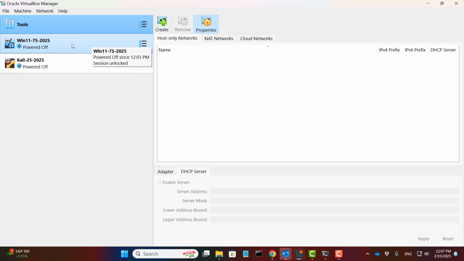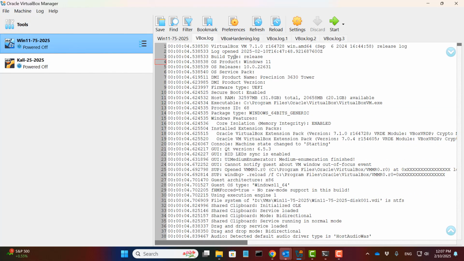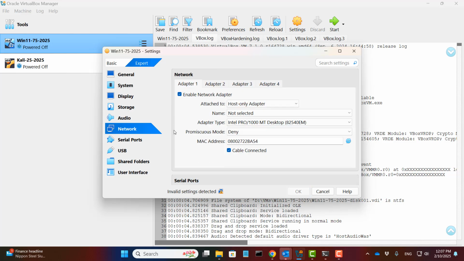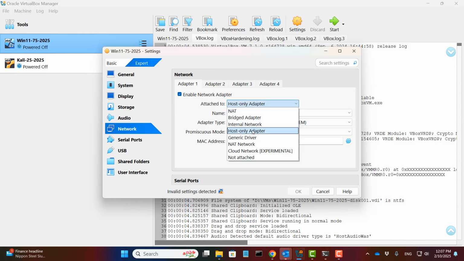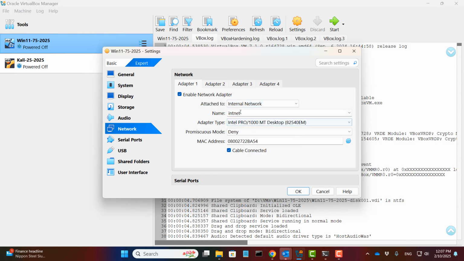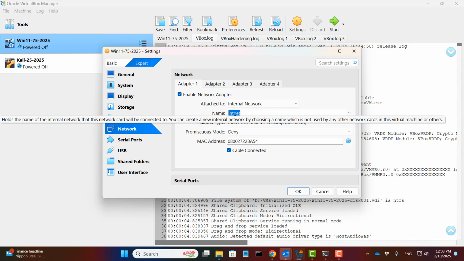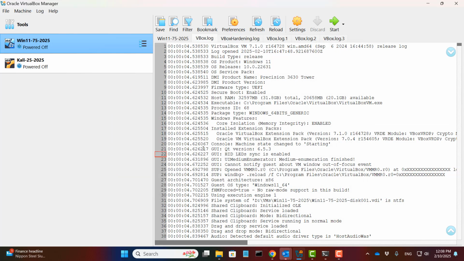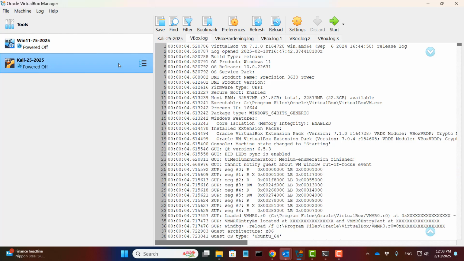To do that, we need to first click Windows VM, and we go to Settings. We click this network, then we choose internal network. You can see here, this internal network is called intnet. Okay, so we click OK, right? And then we come to set